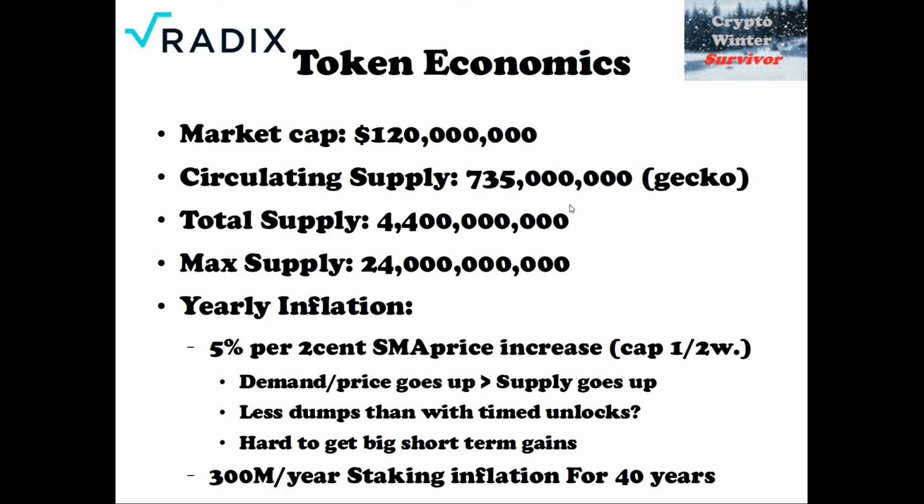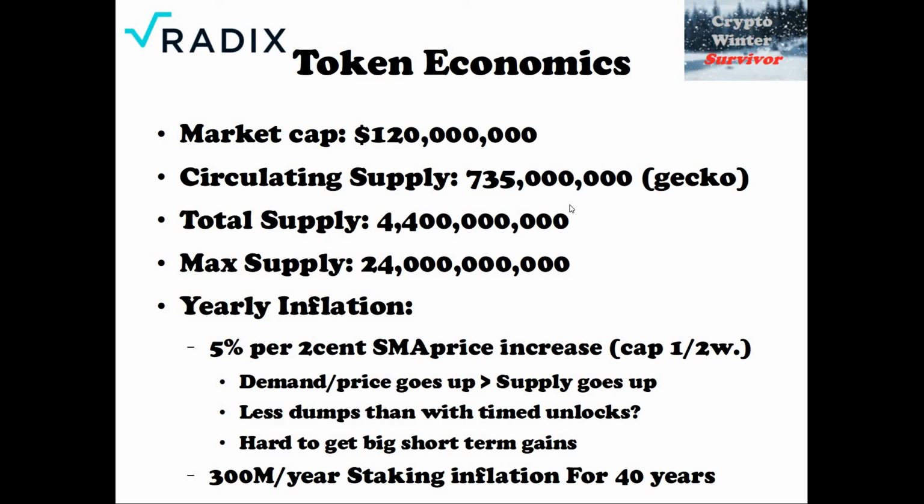So basically if it just spikes in one day and then crashes instantly, that wouldn't count. So you can't actually pump up the price and then get all your tokens and then instantly dump the price. It doesn't work like that. And also there's only one release per 2 weeks, but still, it's gonna be 40 weeks total if the price would rise every 2 weeks, 2 cents. So, it's going to be pretty fast inflationary.